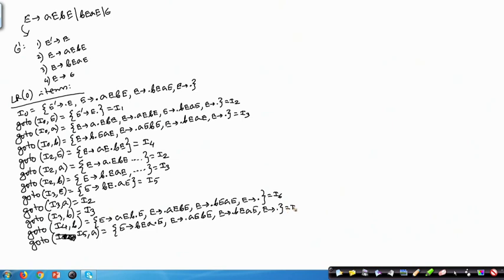So that will be a new item I7. So I5 is done.